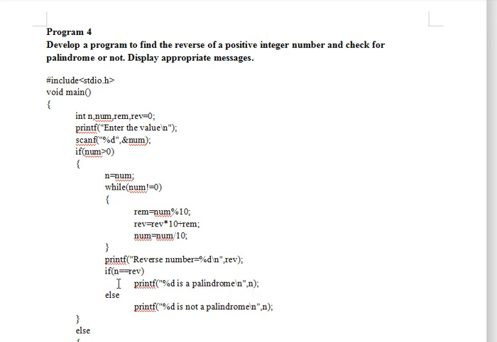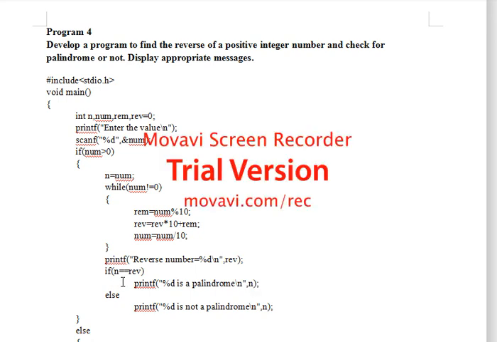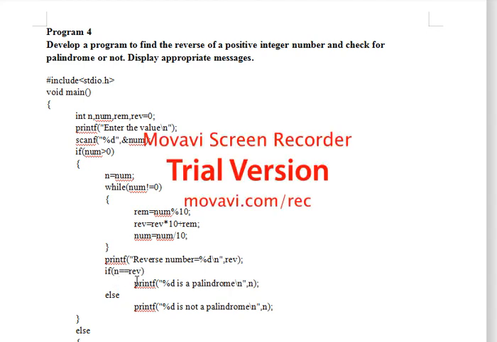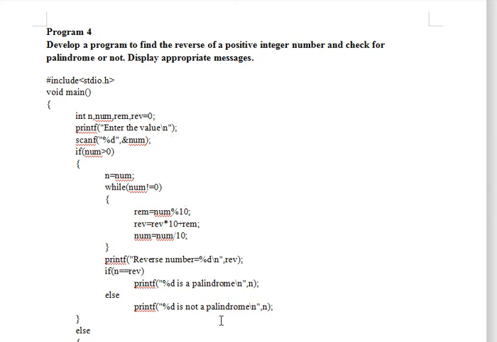That is n, right? So in case n is not equal to reverse, then it will come to the else part and it is going to print that the number is not a palindrome. The parameter is n. So here in our example we have taken 1, 2, 3, 4 as a number. So 1, 2, 3, 4 is n and reverse number is 4, 3, 2, 1. So this condition fails, it will come to the else part and it will print the result as 4, 3, 2, 1 is not a palindrome. Okay, so the output is the reverse number will be printed and 4321 is not a palindrome will be printed.